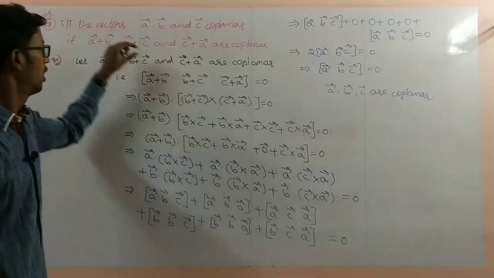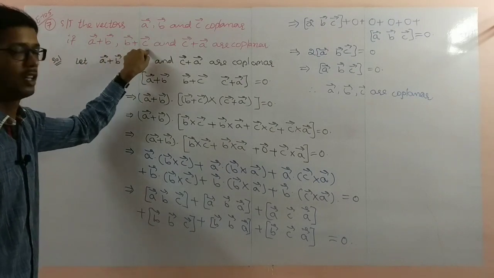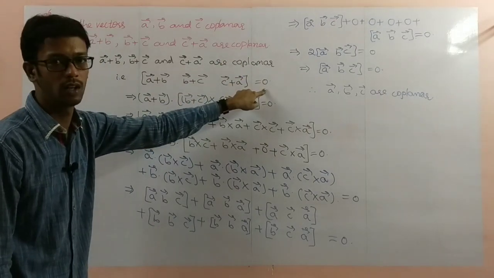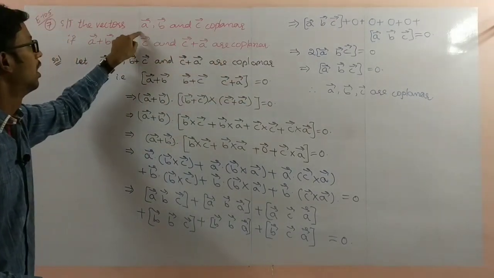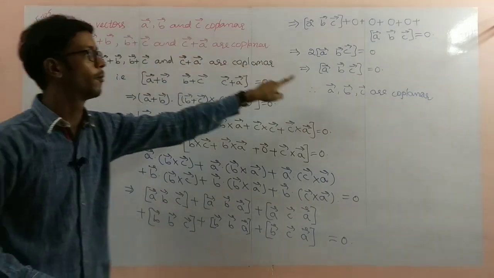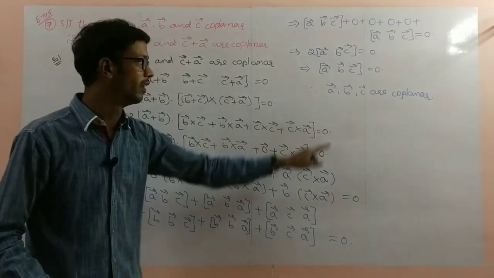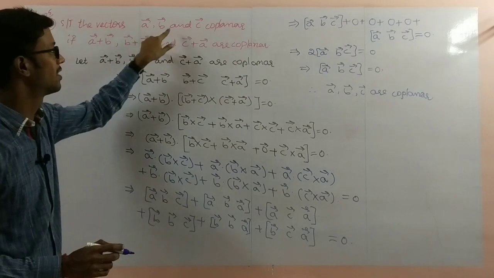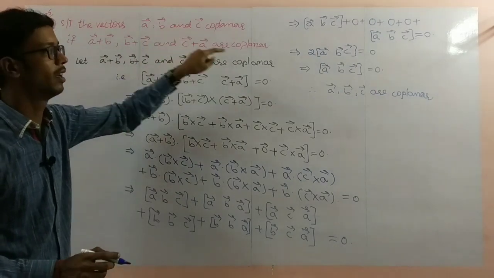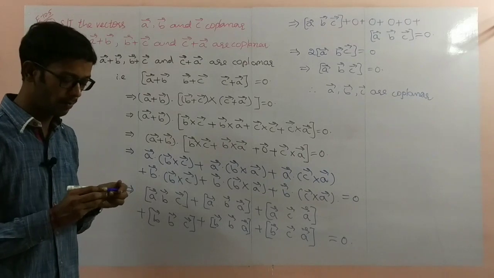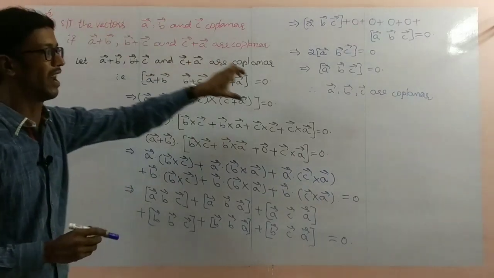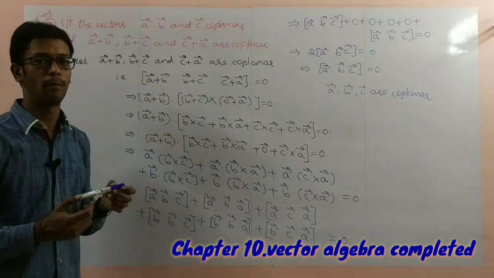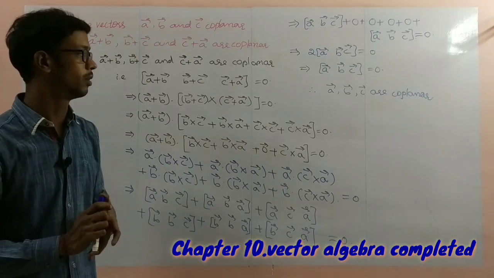Coplanar. What did we take here? A bar plus B bar, B bar plus C bar, C bar plus A bar as coplanar vectors. That means the box should be equal to 0. We are taking that one. Next, we get box of A bar B bar C bar equal to 0. Then the 3 vectors are coplanar. We took this one as coplanar, but the resultant is that A bar B bar C bar are coplanar vectors. So for that purpose, we have to write the total question. Finally, we have to write the question here. With this problem, the total chapter and this exercise will be complete. So pause the video to note it down.